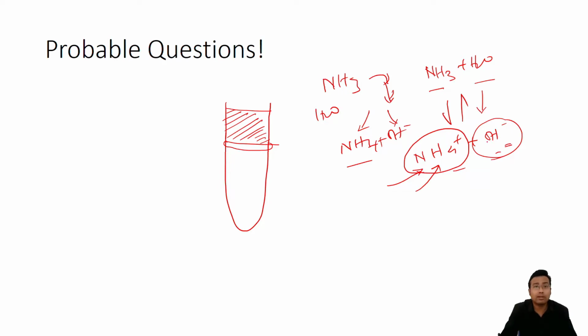So very important, if you don't saturate your solution fully, with time that ammonia will slowly go into solution and your ring will thicken. And that is an example of a bad way of doing the experiment. Ideally, if you saturate the solution fully, you will get a very thin but very prominent purple ring. So this is number one. This is the reason why we need to saturate the solution with ammonia. This is reason number one, the scientific basis of Rothera's test.